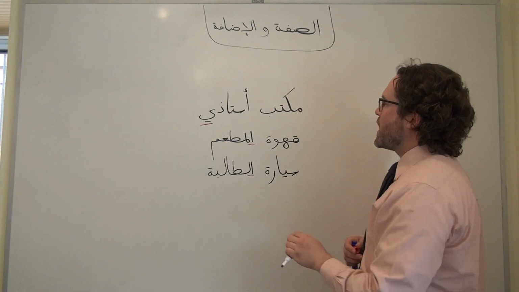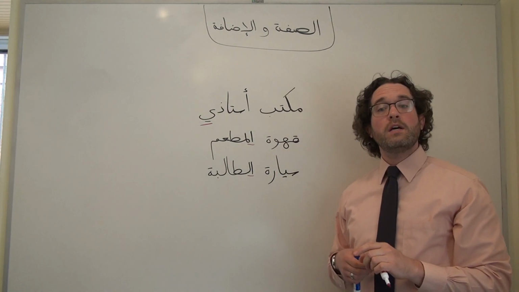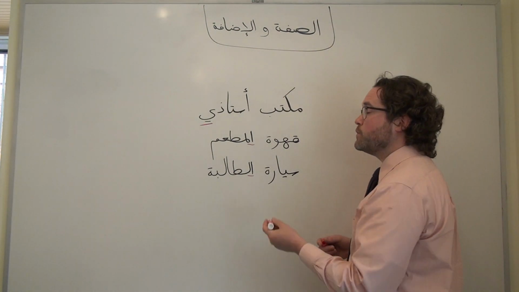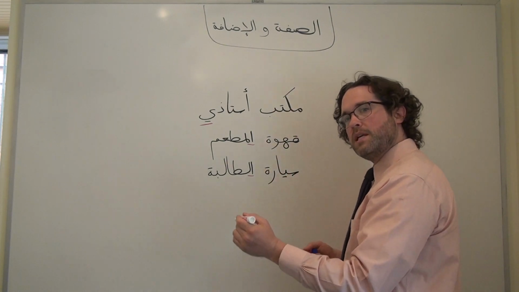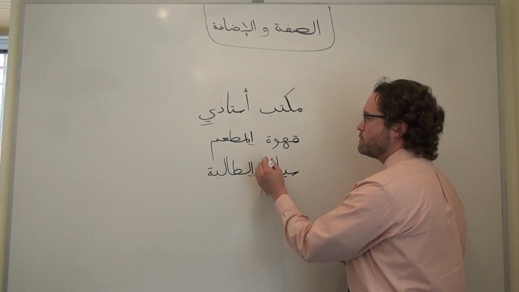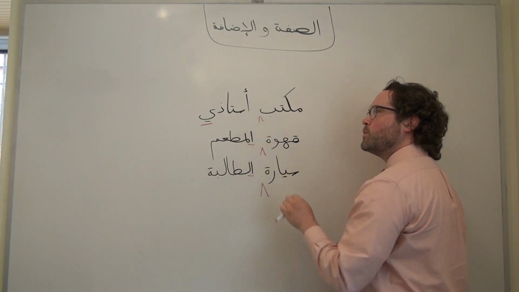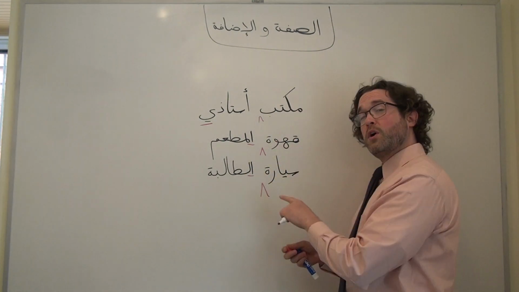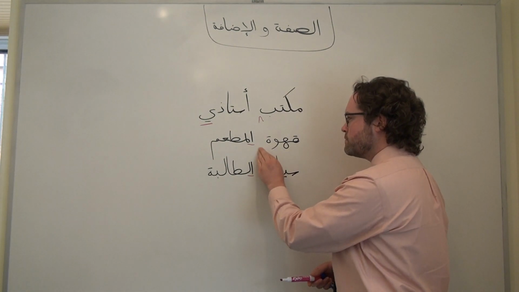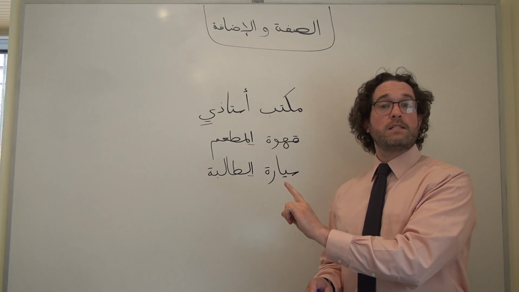But what if we want to describe these first nouns, these first terms of the إضافات, using adjectives? Ordinarily, to describe a noun using an adjective, we would put the adjective immediately after the noun. So if we were describing the سيارة or the قهوة or the مكتب, we would put the adjective there, but because they're part of an إضافة, that doesn't really work. It would ruin our إضافة. So what's the solution? We take those adjectives and we put them at the end of the entire إضافة.